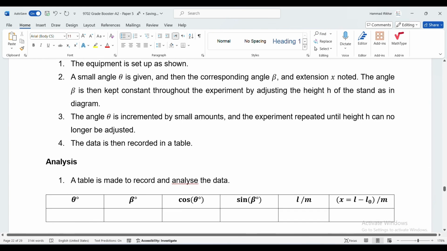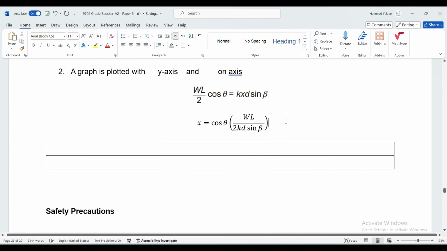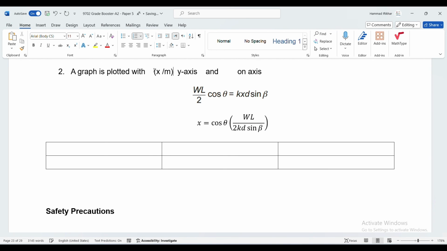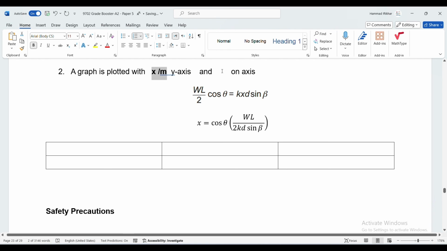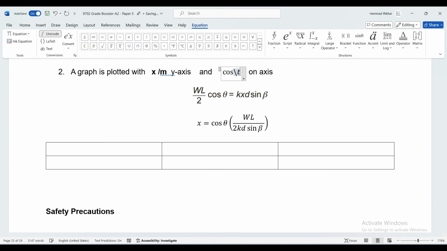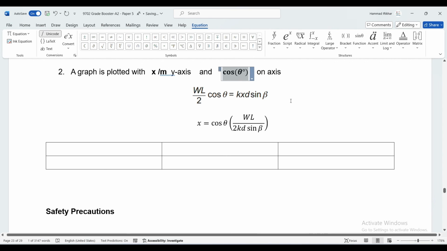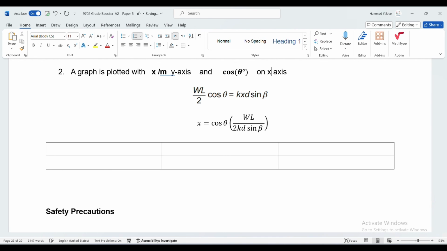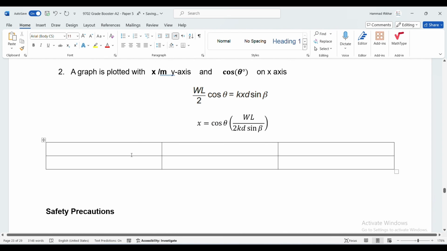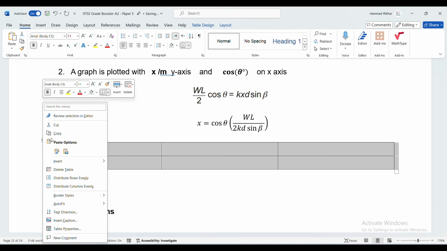Okay. Right. So x can be on our y-axis. x we are keeping in meters, just to stay consistent with the SI units. And on the x-axis we can put the cosine of theta, and this is in degrees. Right. Okay. Now let's talk about how we're going to find out